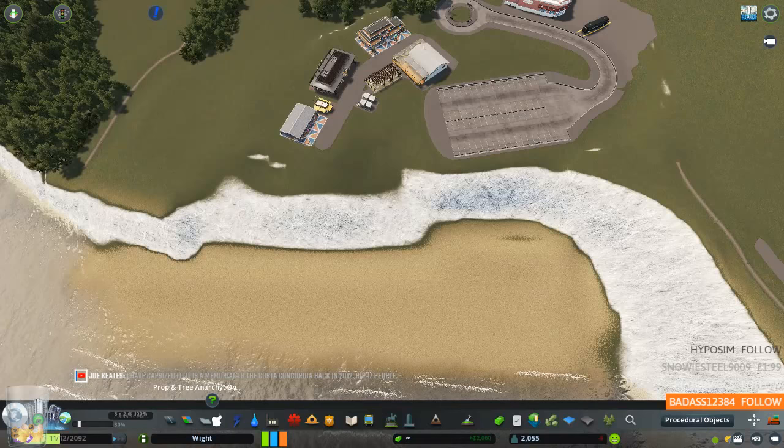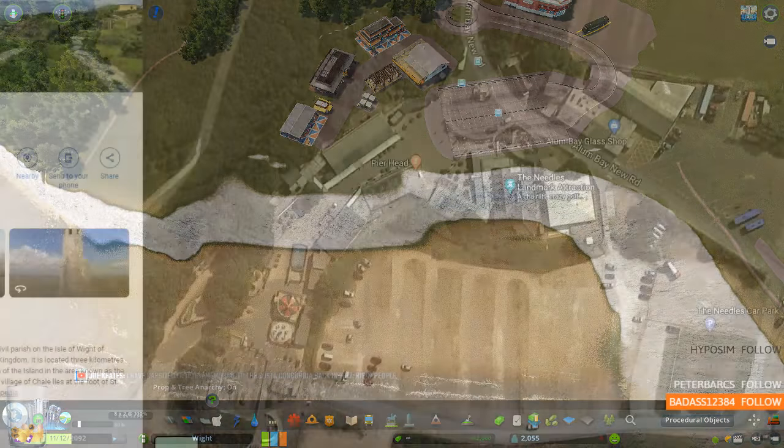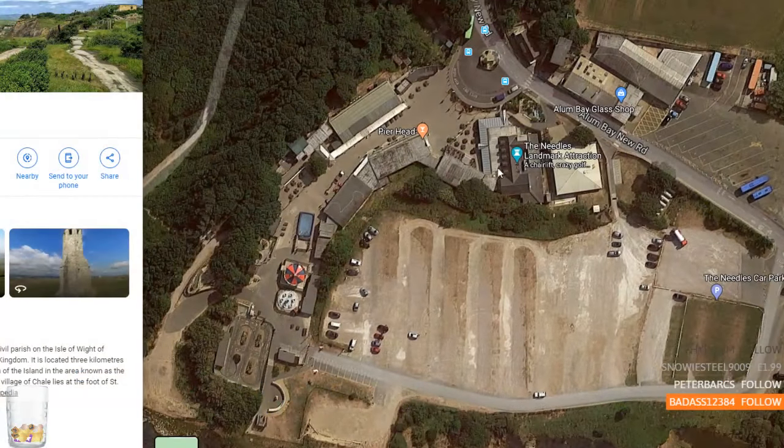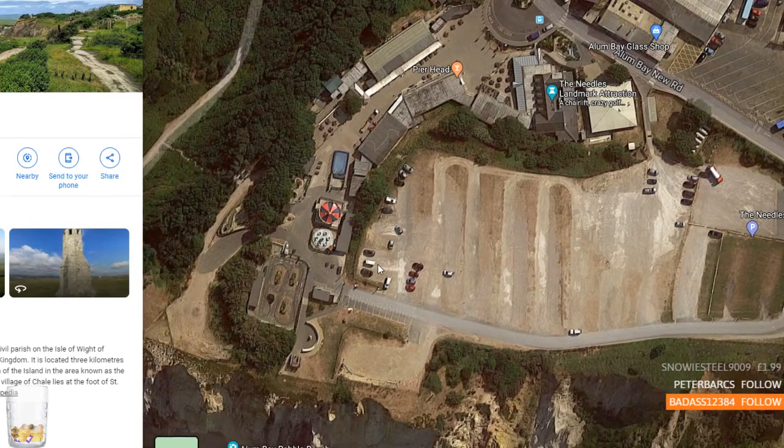If I just show you on my other screen, this is what we're trying to work on. So it's the Needles. It's basically a little landmark attraction area. So there's some shops here, the big car park we're working on along here, a few little sort of fairgroundy rides, some restaurants and that. So it's just a little attraction area